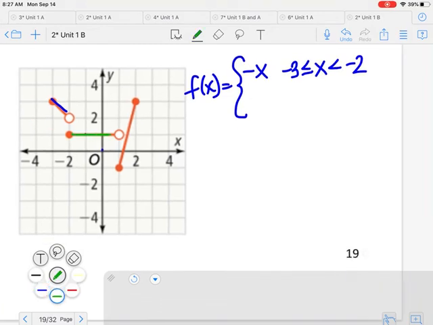And now this horizontal one in the middle, it is crossing through 1, y equals 1. And it's in between -2 and +1. -2 is less than or equal to x, because of a closed circle, is less than +1 with an open circle. And now the last one,